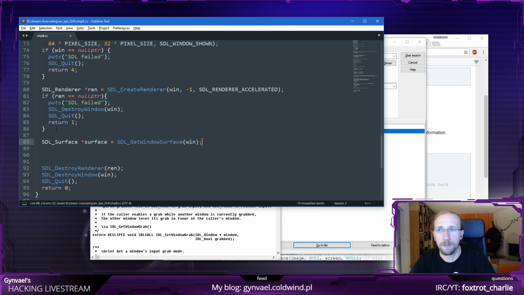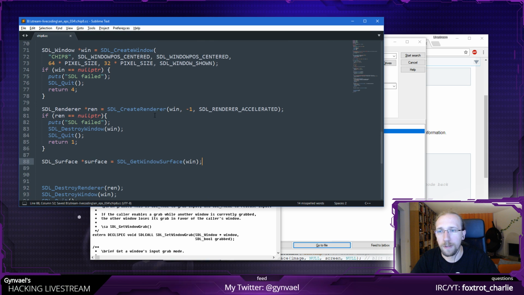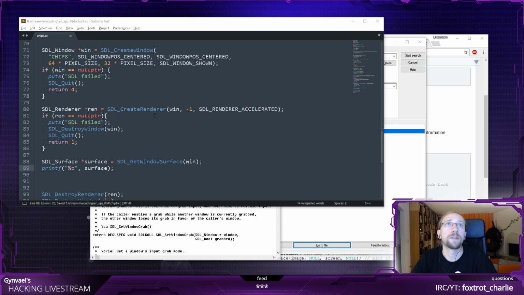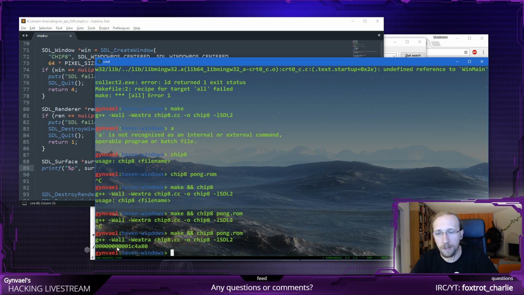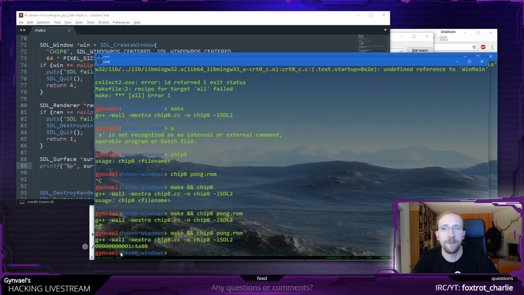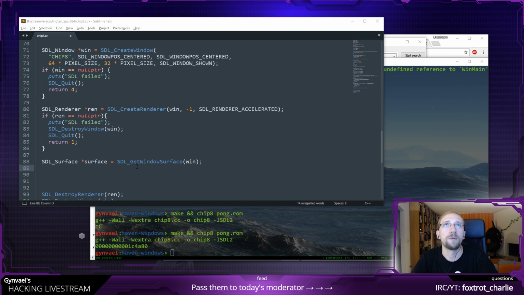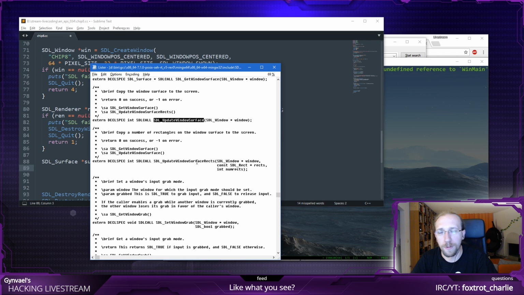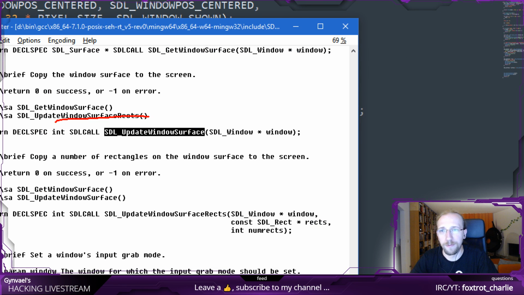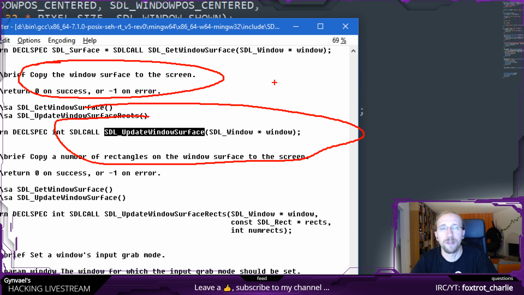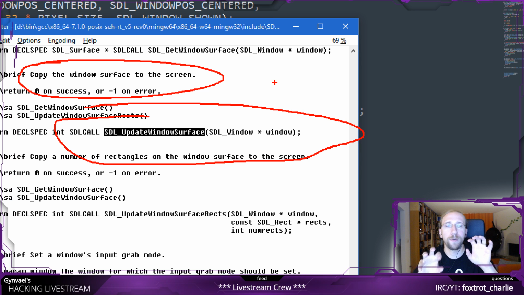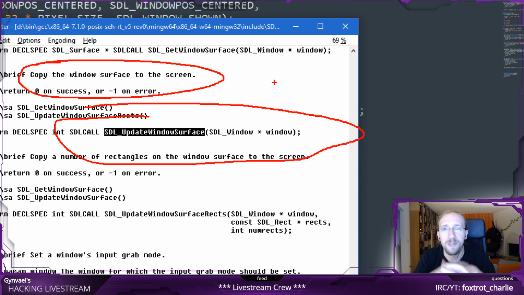And the window, I do have a window, right? So I created a window, and this is probably going to fail horribly because I'm probably missing something. Let's do something like this then. Print is the best debugging method, except that it isn't, but it did return something. This is not 0, so it didn't fail horribly at least. This is fine. And then I'll have to update the window surface. What I expect this does is that it grabs the surface which I modified and puts it on the screen, because changing the things in the array I just described doesn't really put pixels on the screen, right?